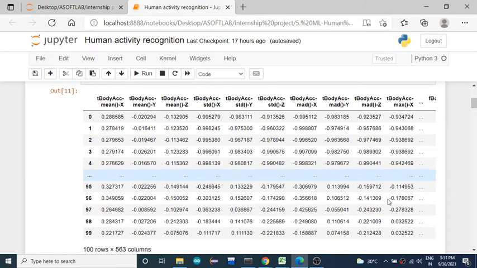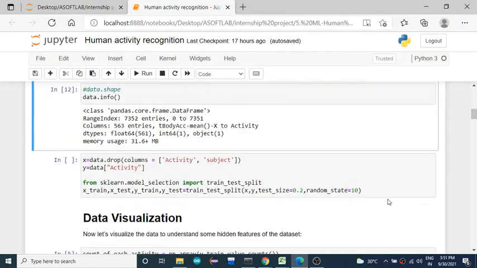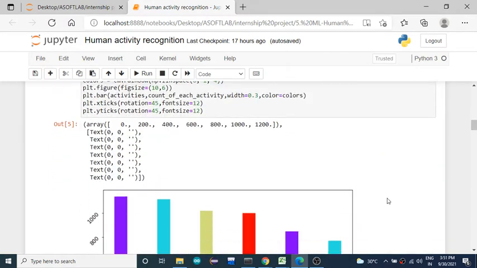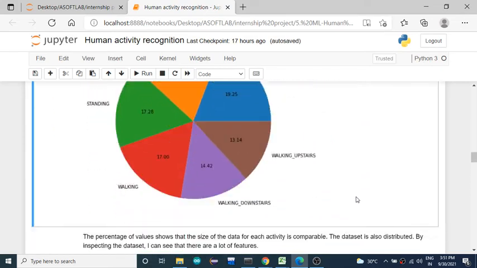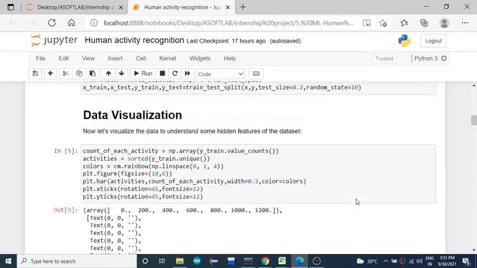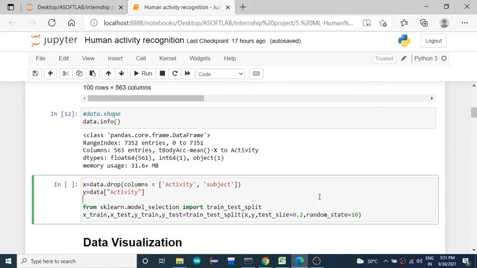After that we need to split it into a training set and a testing set. Here I have considered both the activity and the subject as dependent features.